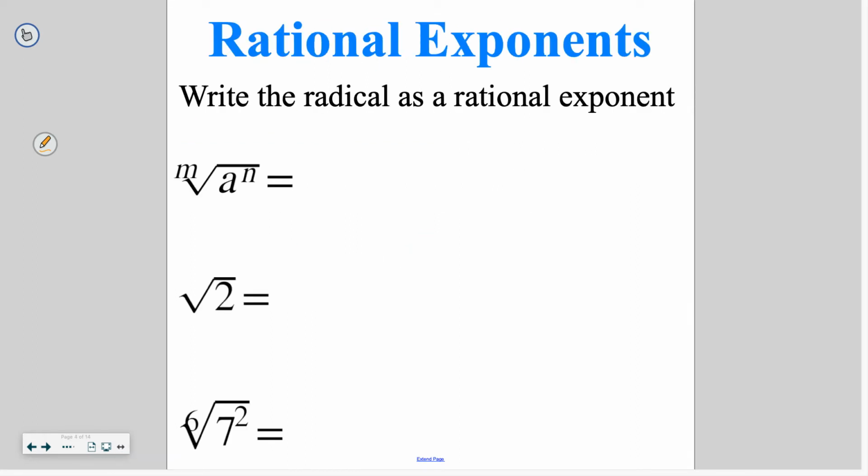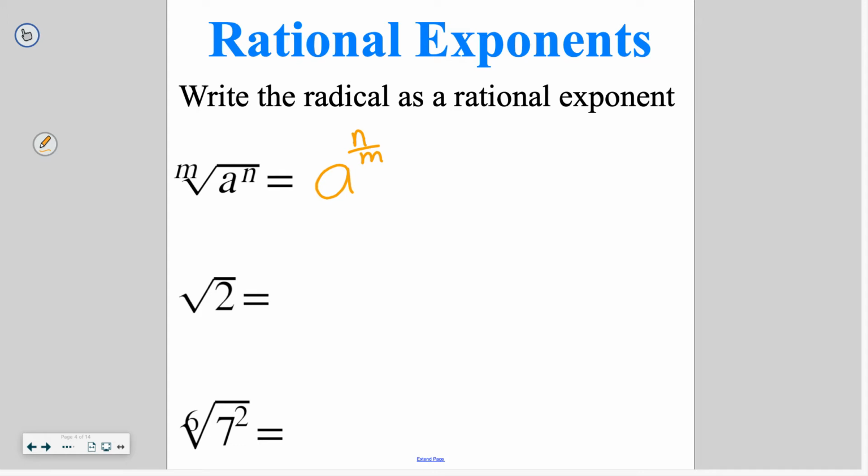To give you a more explicit definition, if we've got the mth root of a to the nth power, to write this with our rational, our fraction exponent, we say a to the n over m. So whatever the exponent is, that's the numerator of the fraction,